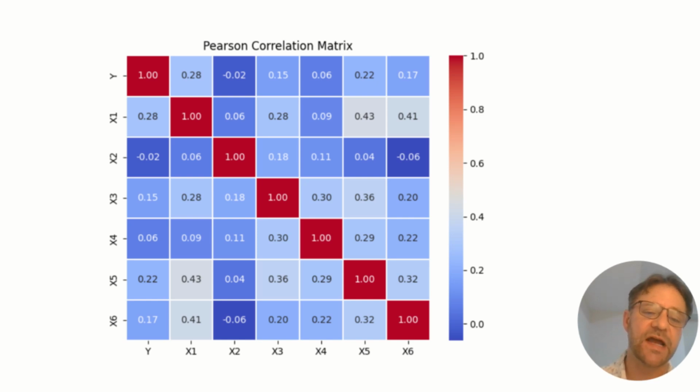In terms of the way X1 relates to Y, it seems to be the one with the highest correlation matrix value of 0.28, and that shows that X1 is probably the feature that correlates most to being able to decide whether a customer is happy or unhappy. It also shows that features X5 and X6 show a moderate correlation, and then X3 shows a sort of weakly moderate correlation, and X2 and X4 show not much correlation at all, and that's consistent with a lot of